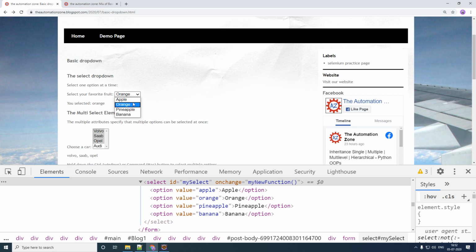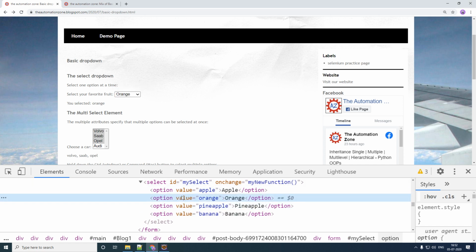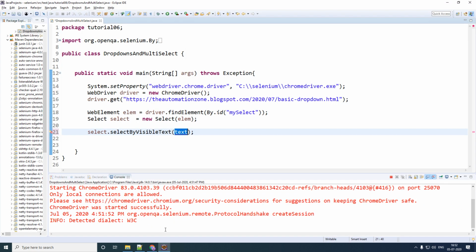If you need to be very precise about the text so that you do not make mistakes, what you can also do is inside your select tag, you'll be having options. Each option basically is the options inside of your select dropdown. So you choose the option, and inside of your option you'll be having the text between your brackets. So if I had to choose orange, I have to copy the text orange and then type it inside of the parentheses like this.